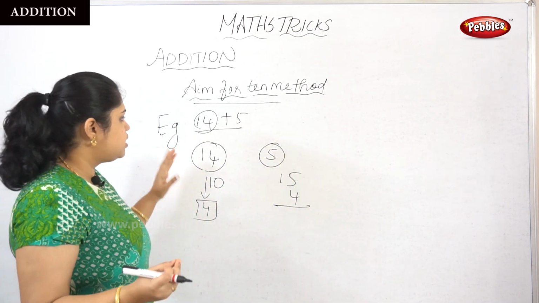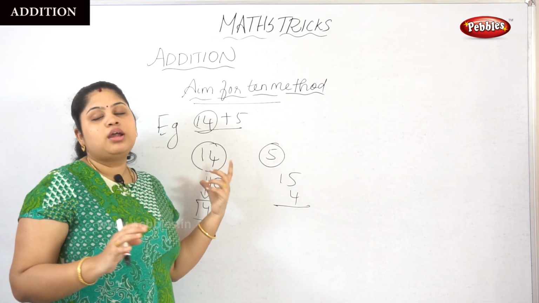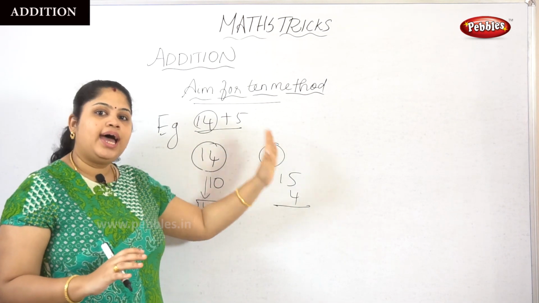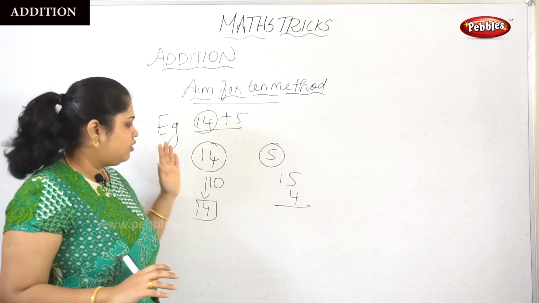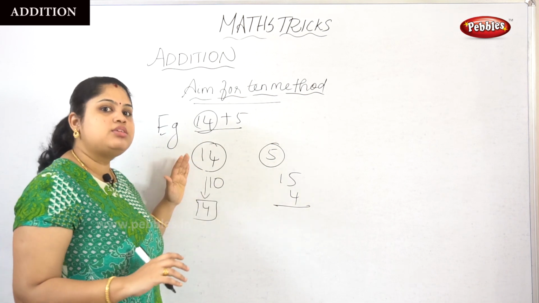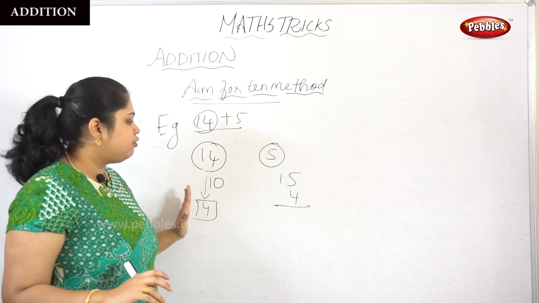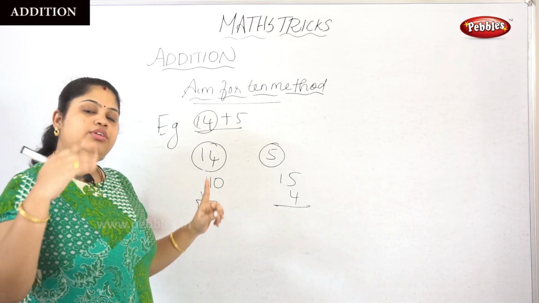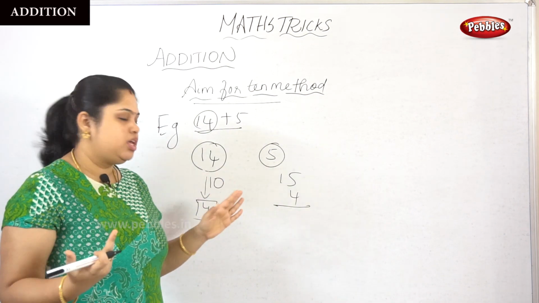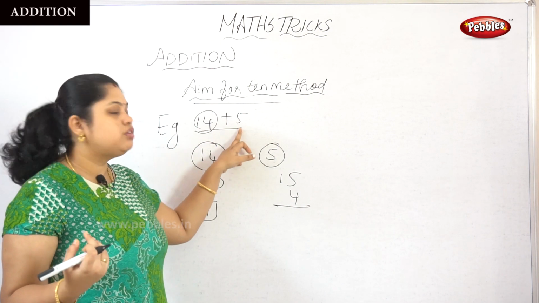What is the first step? Whether we subtract from the number to get the 10, or add to the number to get the 10. I will tell you how to add the number later. This is the subtract method. We have a 10 here by subtracting the 4. Of course, adding a 10 to any number is easy. So what is the next number? 10 plus 5 is 15.